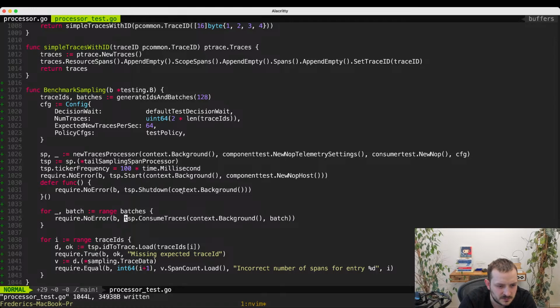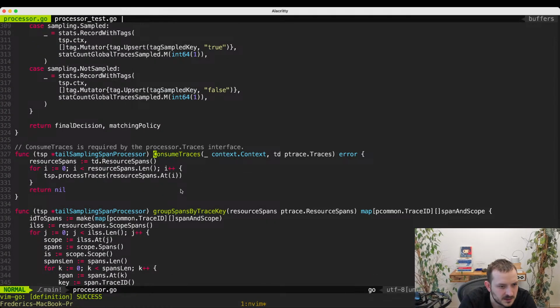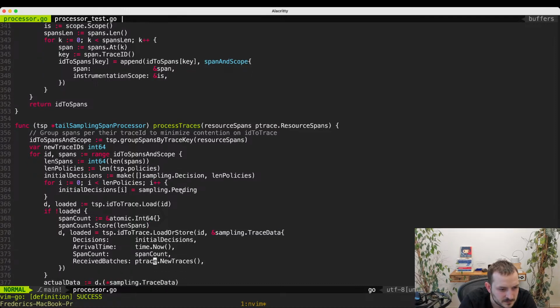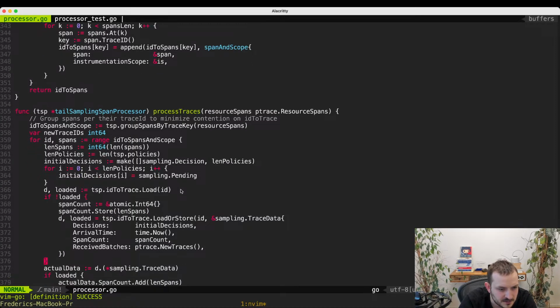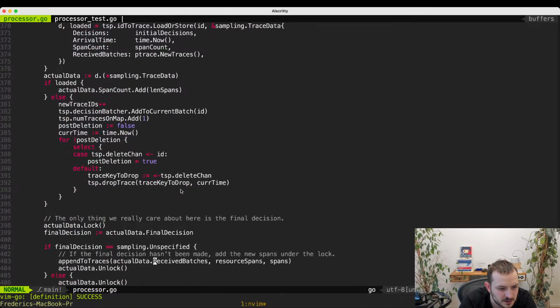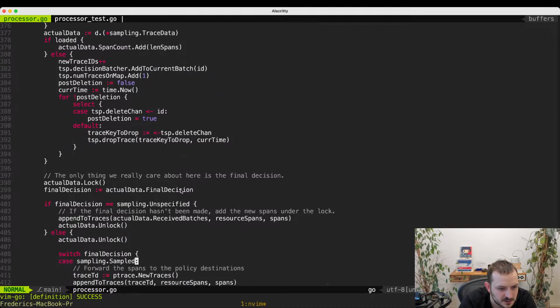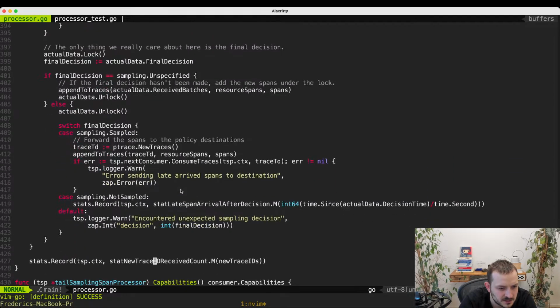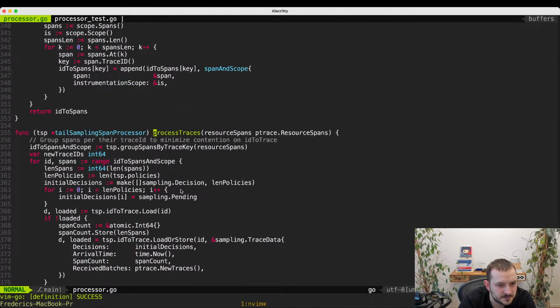Consume traces, process traces. Does some stuff. Load or store. Final decision. I'm hoping that this actually calls make decision somewhere. I don't see it right now, but